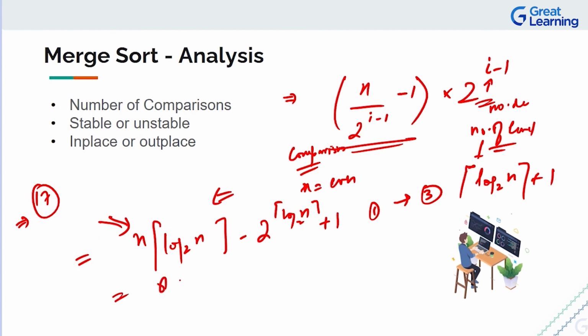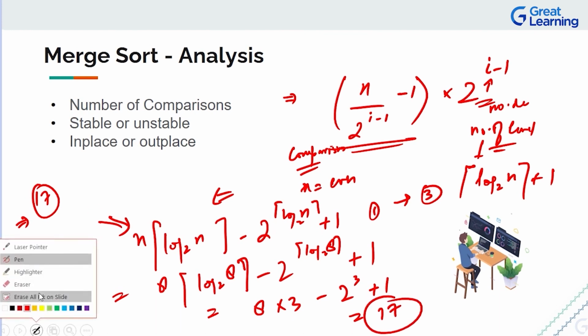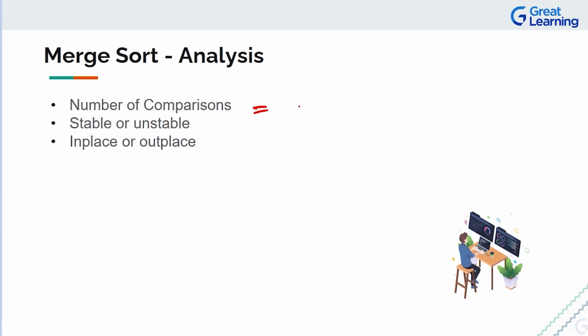So in this case, n was 8, right? And the ceil value of log 8 to the base 2 is nothing but 3, right? Then 2 to the power log 8 to the base 2 plus 1. So now if you evaluate this, this will be 8 into 3 minus 2 raised to the power 3 plus 1. So this turns out to be 17. So our equation holds, and the formula for calculating the number of comparisons is nothing but n,